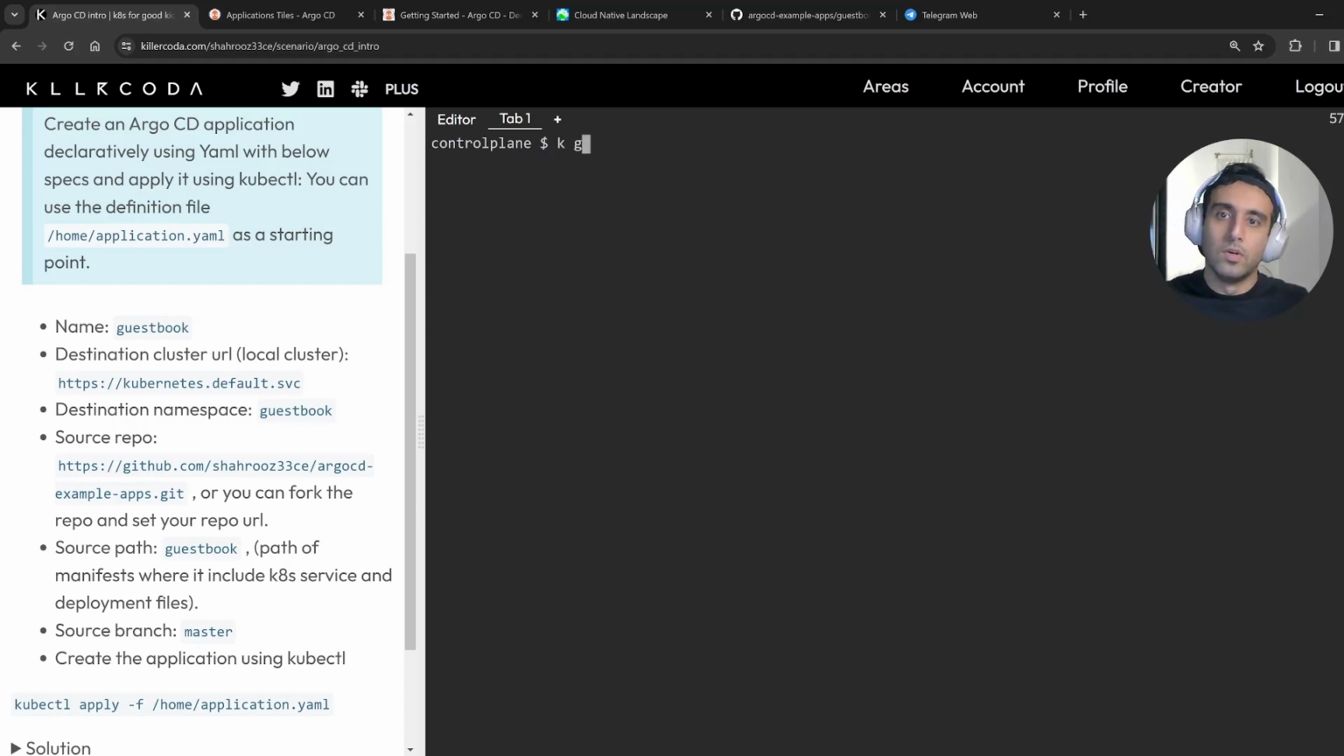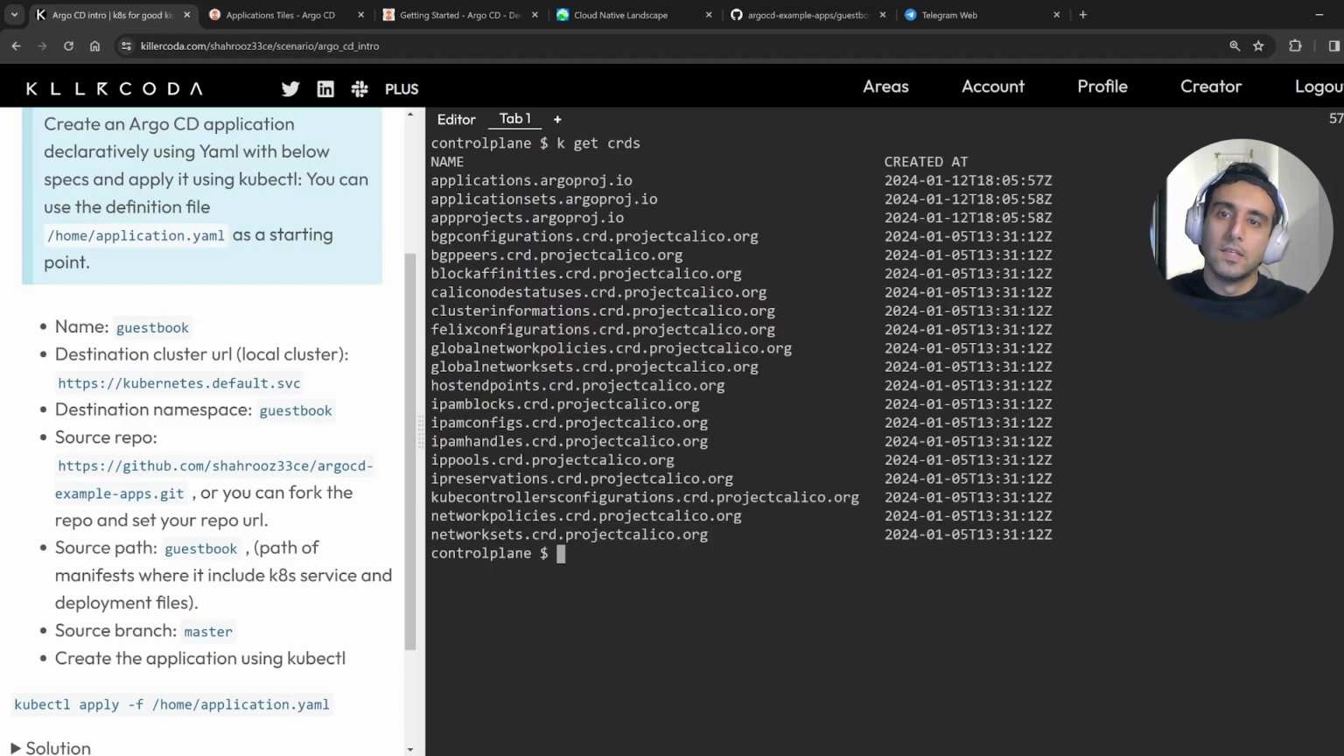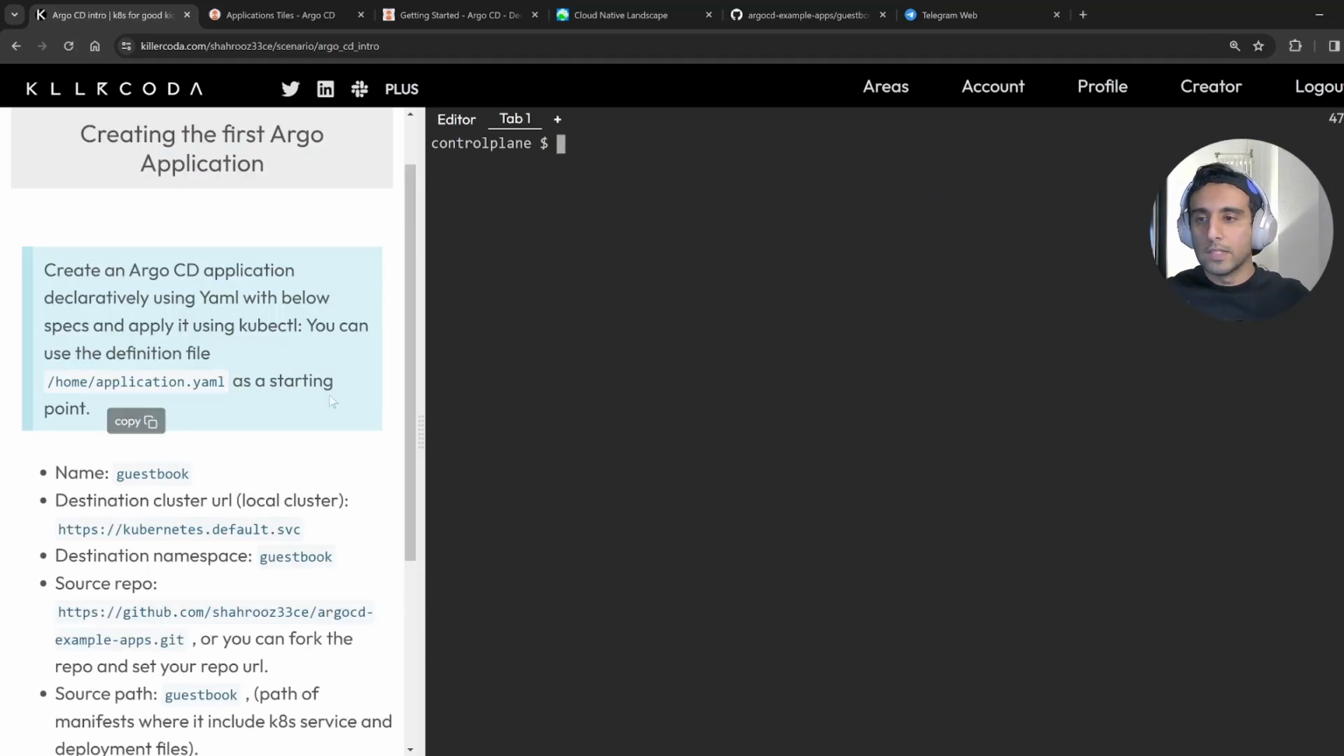So if I do get CRDs, the custom resource definitions, you're going to see that applications is a new resource type that Argo CD has added to the Kubernetes API. So I've already provided an empty template for the application. In this directory, we can simply do vim home application